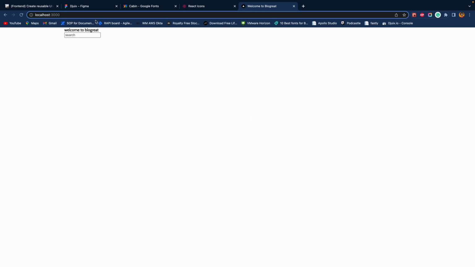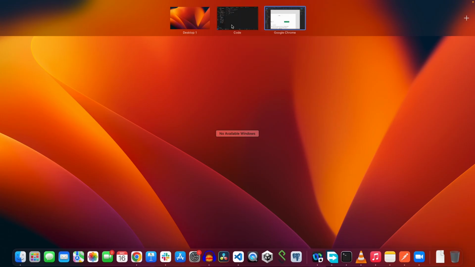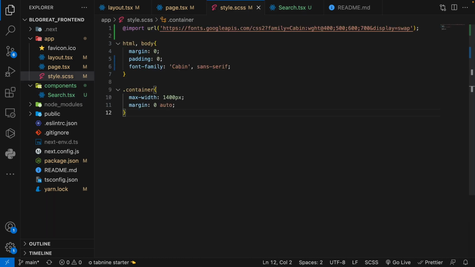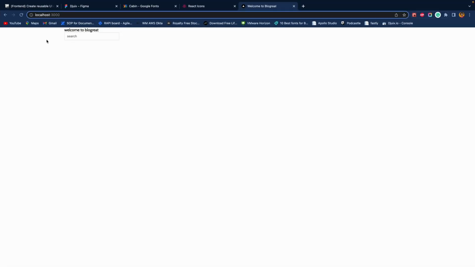So we can quickly style it to look like what we have within Figma. So I can come back here, copy the class name. So coming back to style the search, I've played around with some of the styles I feel will be comfortable. And here is the one I feel will be great for the search. If we come back to our browser, we are going to have this, which looks good.